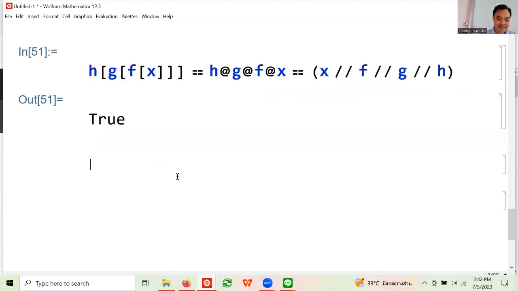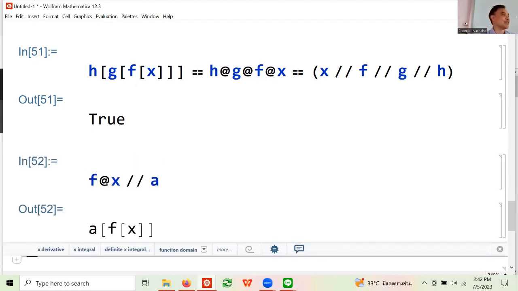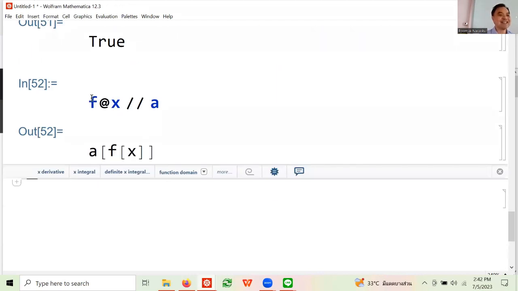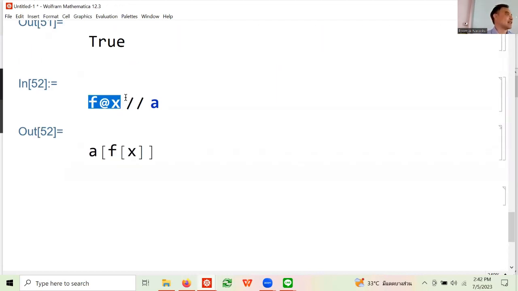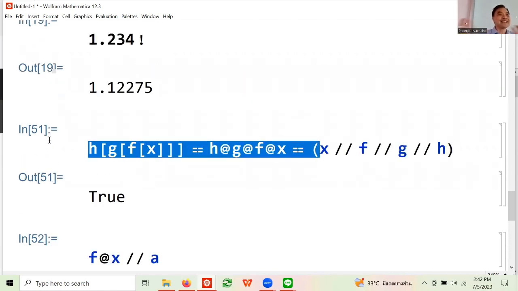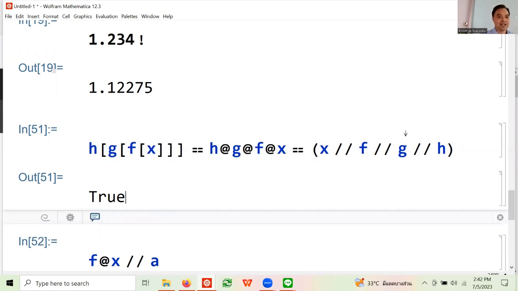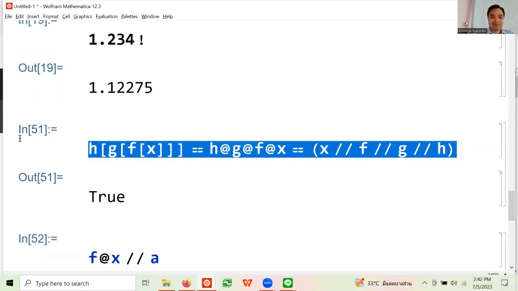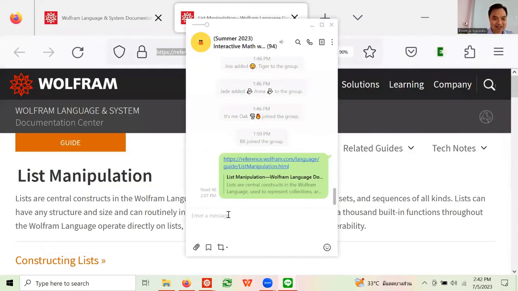So my question is, if I did this, f of x and apply a, what's that equal to? That's this. So this here, f applied first, takes the precedence. In other words, it's closer. It gets applied first, and then it does this. So if I didn't have this bracket, it's going to wrap all this as one thing. So let me just keep this in line, as a reminder.